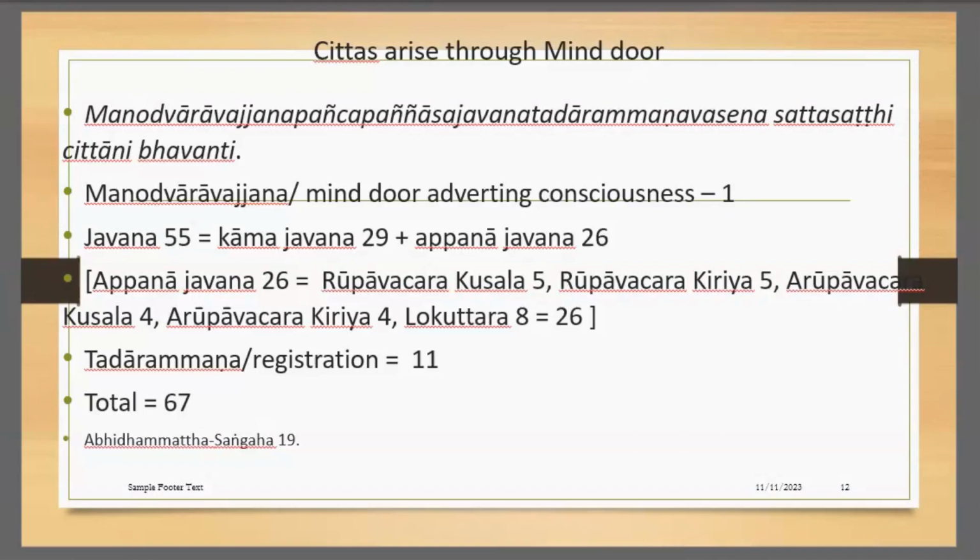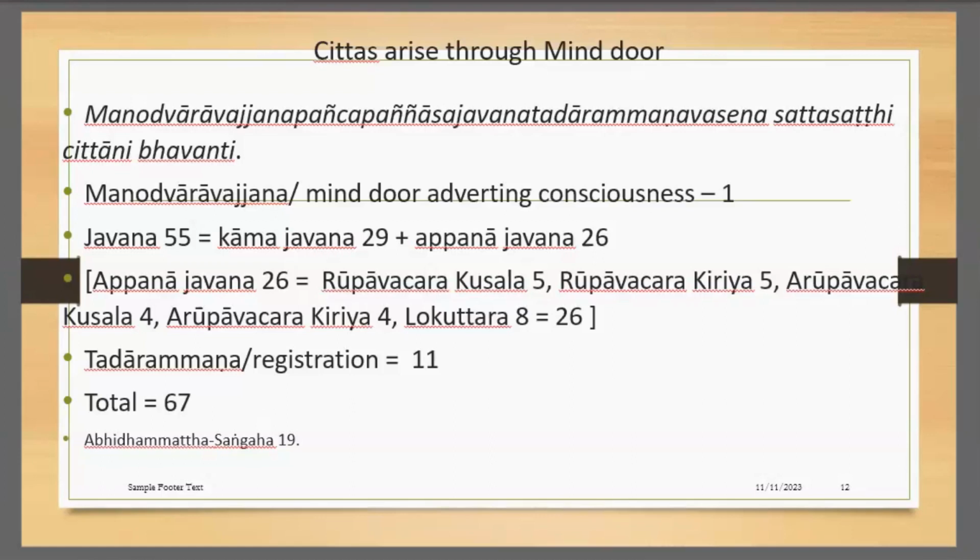Also Tadarammana, our registration consciousness, 11. So here Manodvara Vajjana 1, then Javana consciousness 55, Tadarammana consciousness 11. Altogether there are 67 chittas that arise through mind door. It's not difficult, but now we are trying to find out the chittas, classify the chittas that arise through